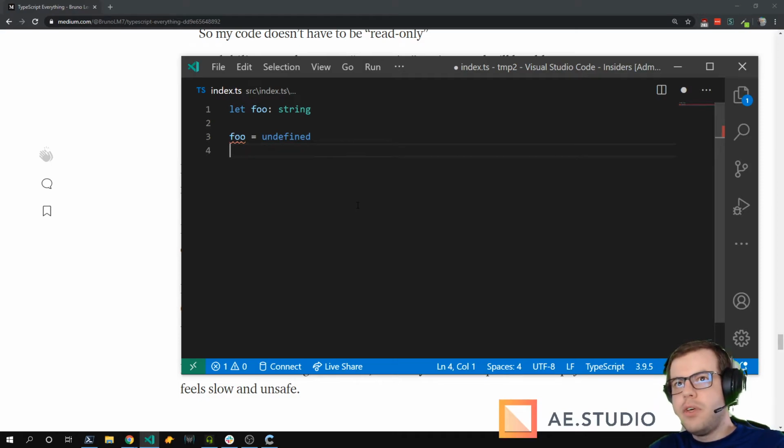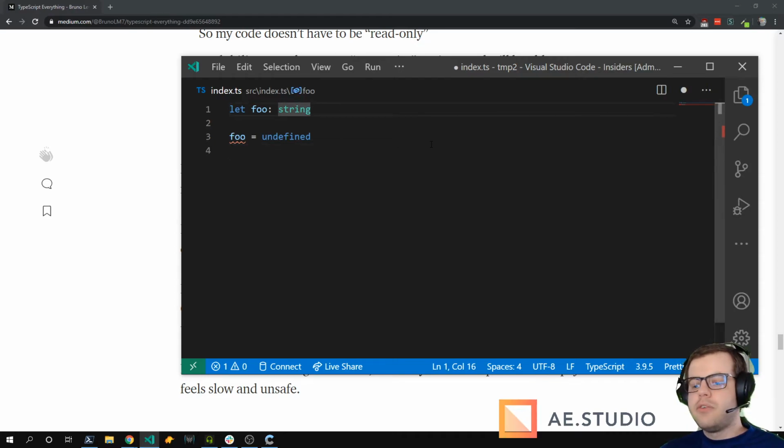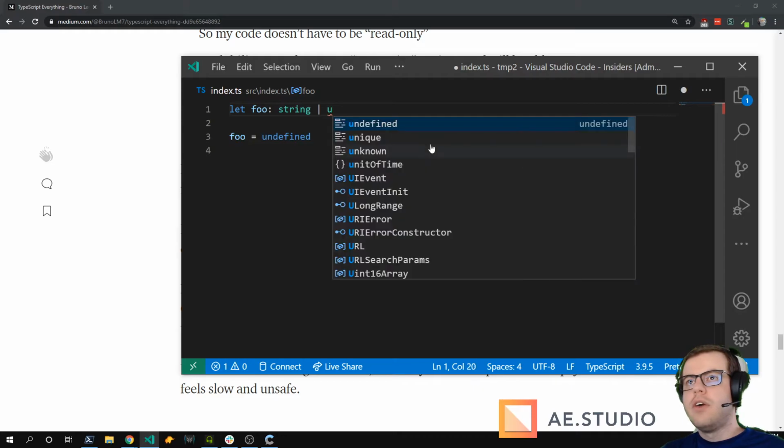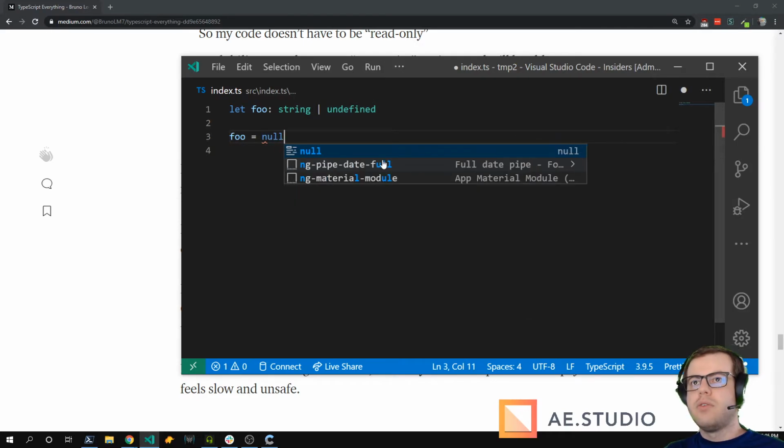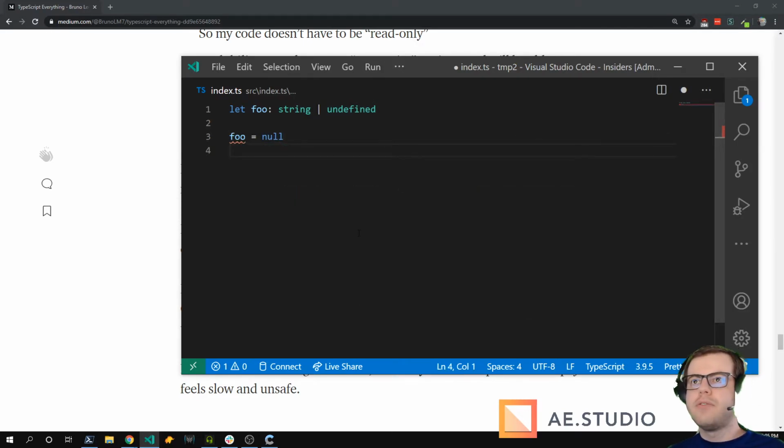It's never going to be undefined or null. So if you use that, you have to specify, in case it's allowed, that it can be a string or undefined. And now you can assign undefined, but you cannot assign null because null is different from undefined.